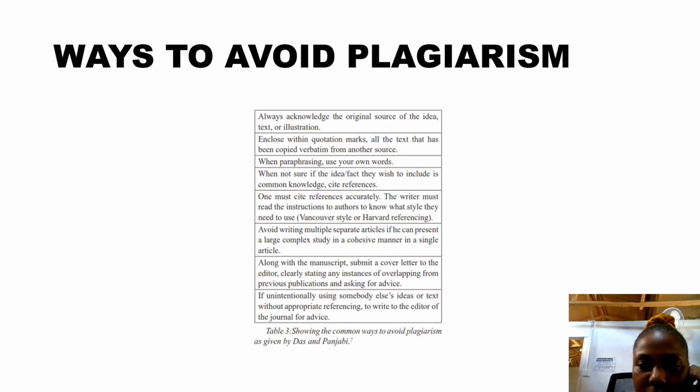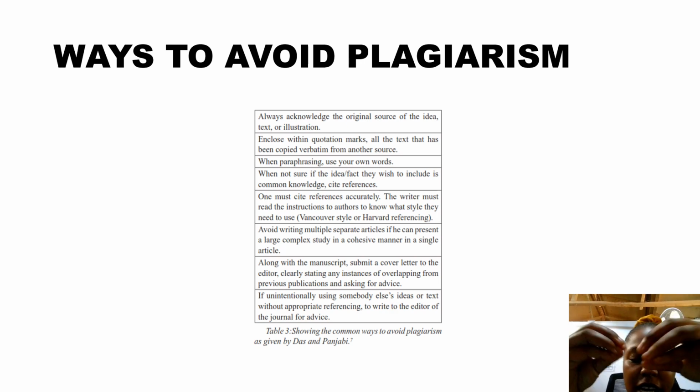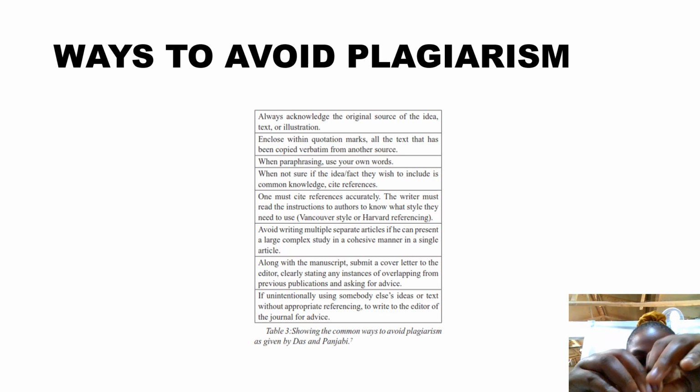Then, how do you avoid plagiarism, right? To avoid plagiarism, number 1, always acknowledge the original source of the idea, text, or illustration. So how do you acknowledge? Obviously, you acknowledge this by using a citation or a referencing, right? Enclose within quotation marks all the text that has been copied verbatim from another source. When paraphrasing, use your own words also. You can try to find synonyms of the words which the person wrote. Synonyms are words which are similar to the original word. For example, the word good is a synonym like nice, right,